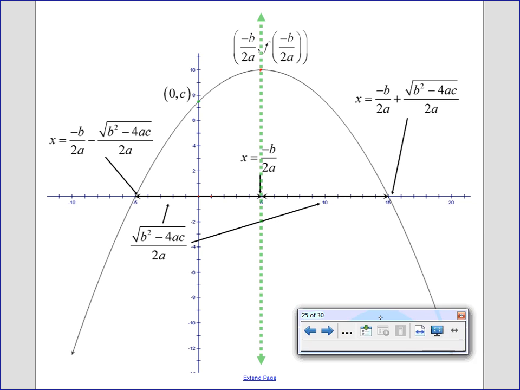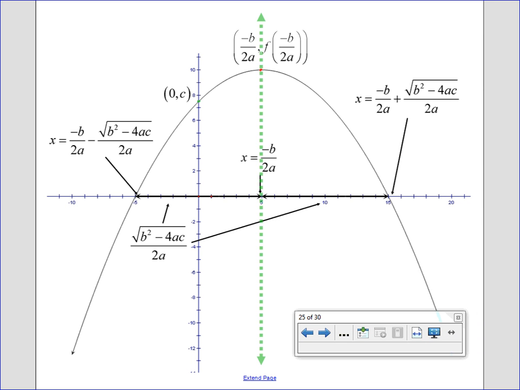As you know, a picture is worth 1,000 words. This is powerful. Let's take a look. So here's my standard form, y equals ax squared plus bx plus c. My vertex has coordinates opposite of b over 2a. That's my axis of symmetry, paired with the value of the function at x equals opposite of b over 2a. If we're math women and we walk along the distance, root b squared minus 4ac over 2a, to